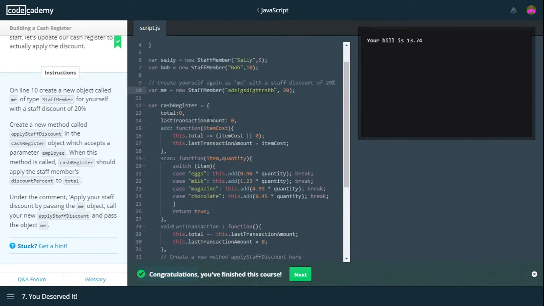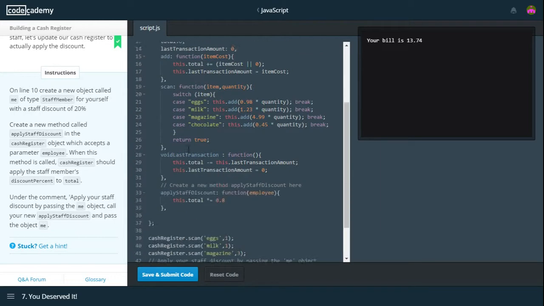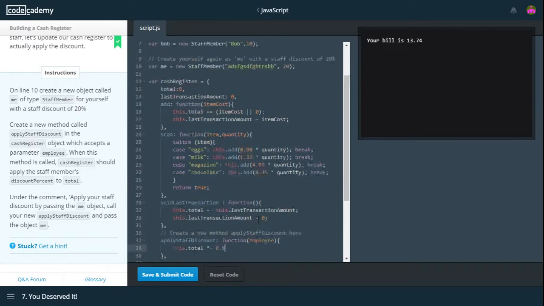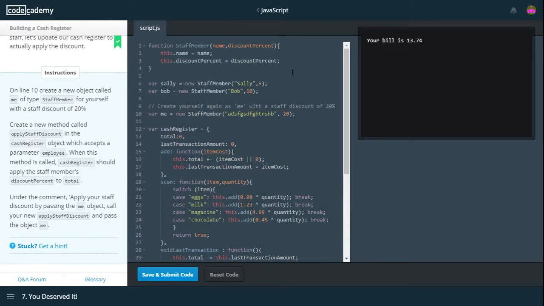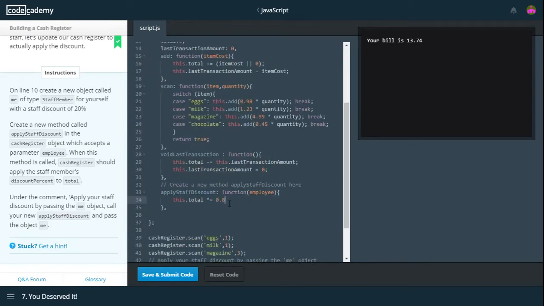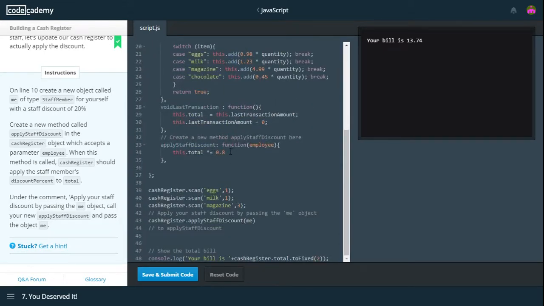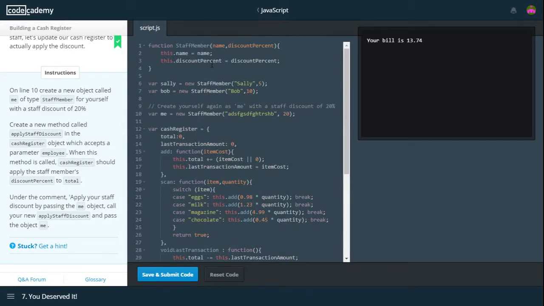Well, because here I'm just specifying it for myself, and that's not correct. So if you want to do it for another staff member's discount, then you would have to modify it so that when you get employee, you're getting their discount percent. So let's actually modify it so that it does it the correct way. Staff member, this.total equals, well, that. Instead of that, we need to do this dot discount percent,